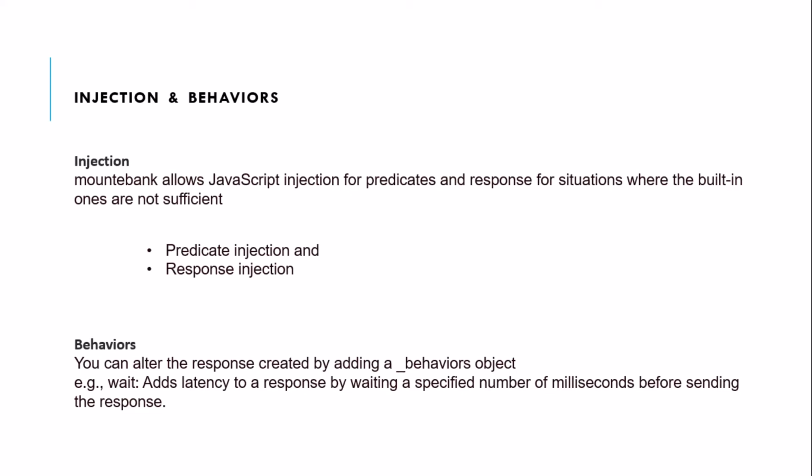Now coming to behaviors, we can alter the response by adding a behavior to the response. For example, if we add a wait, then it will add latency to a response by waiting a specified number of milliseconds before sending the response. Or we can add the wait behavior flag on proxies, which will automatically add this behavior with the actual time it took